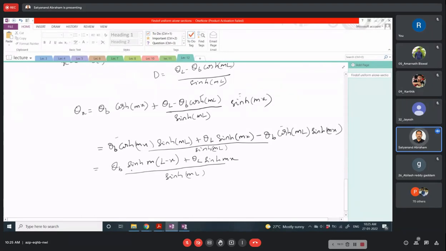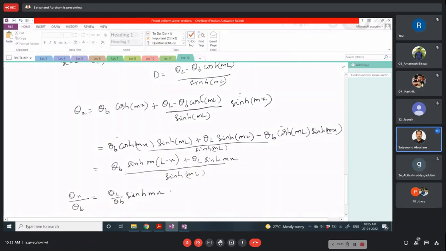Okay. So what is actually more important for us, or what is more easy for us to write, is theta x by theta b. That is easy for us to understand, and it is easy for us to plot. If you use that, then we are taking theta b on both sides. Therefore, it will come to be theta L by theta b sinh